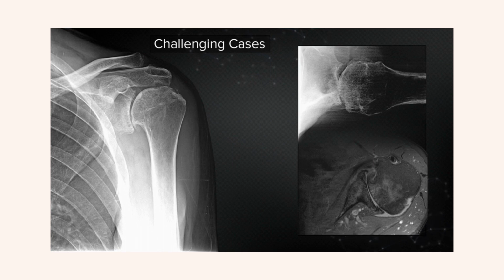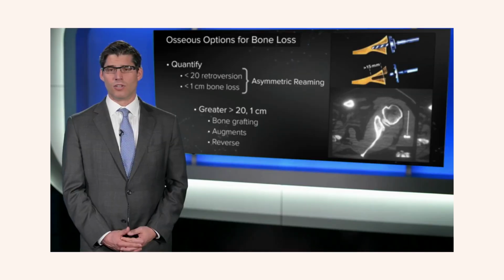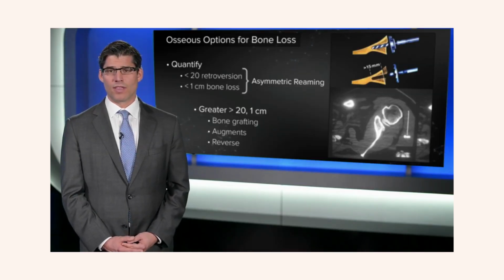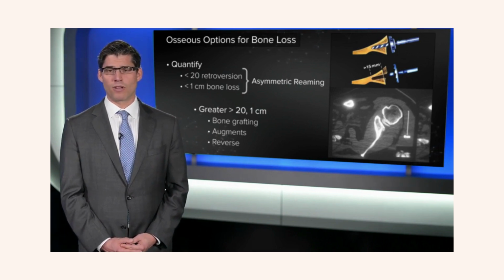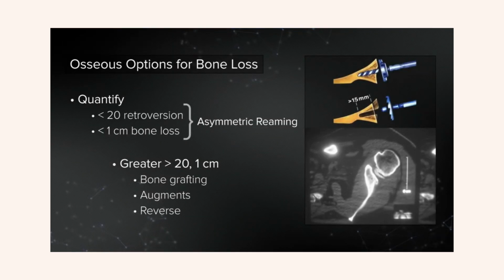So these often present a challenging situation for the surgeon. Do we do an anatomic replacement with either an asymmetric ream or some other option for the glenoid to try to support it? Or do we consider a reverse shoulder replacement in someone who is perhaps not quite as physiologically active or a bit older? Although this gentleman is 70, he's quite active, and I chose that perhaps the best choice for him will be